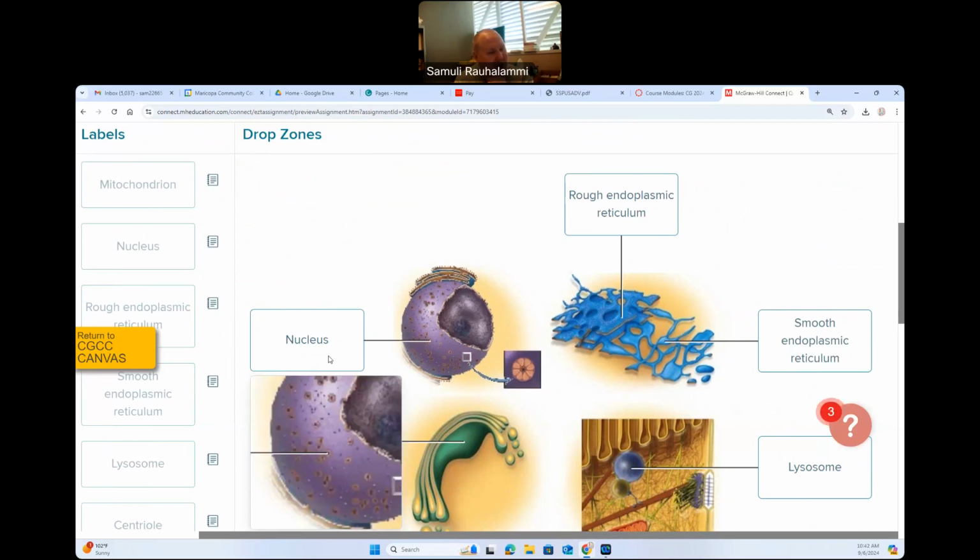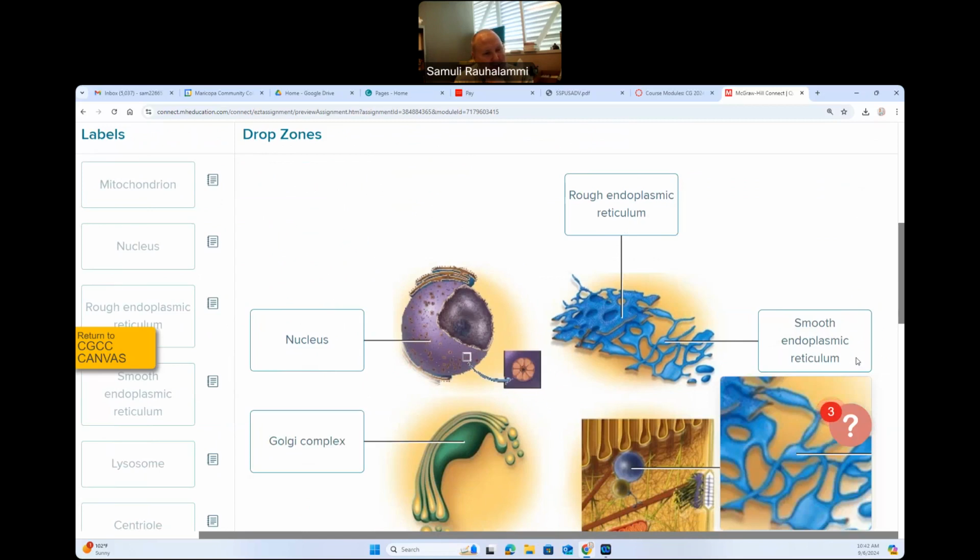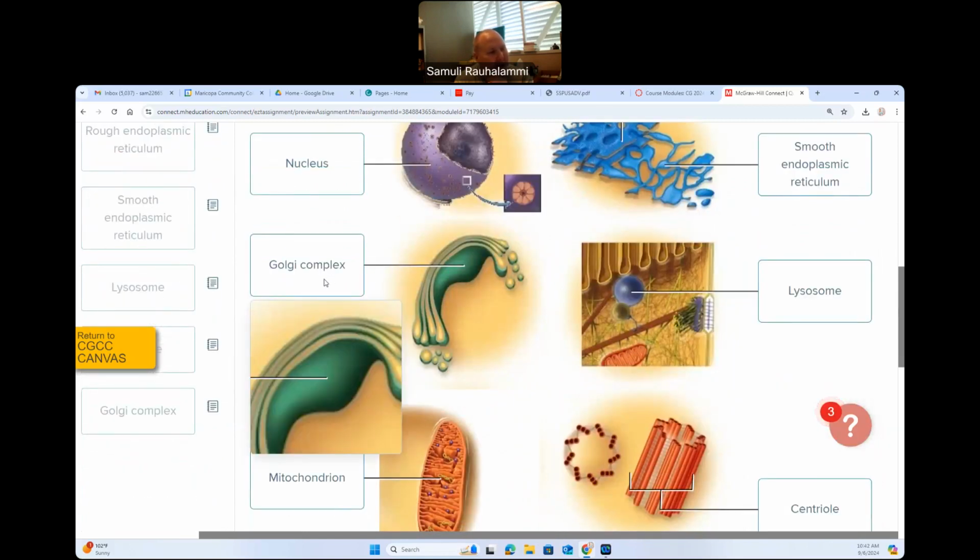You can also see the little nuclear openings in the nuclear envelope. We're seeing again our rough endoplasmic reticulum and smooth endoplasmic ER. We're seeing the Golgi apparatus, or sometimes called Golgi complex. That was the distribution center of the cell, if you wish. So receiving materials, repackaging them, and sending them forward.